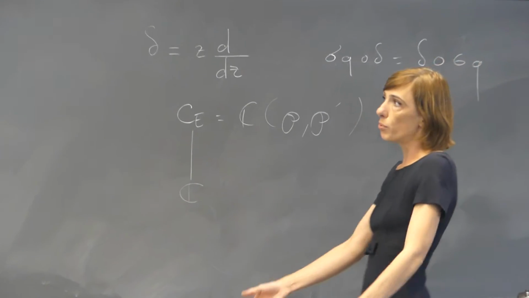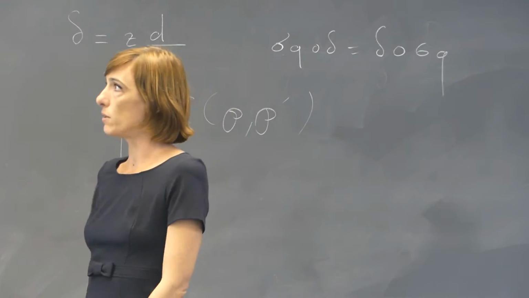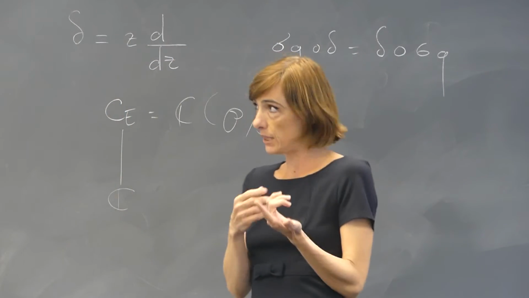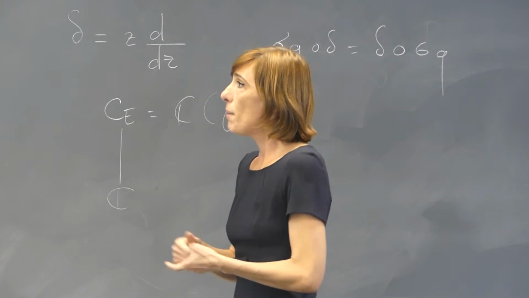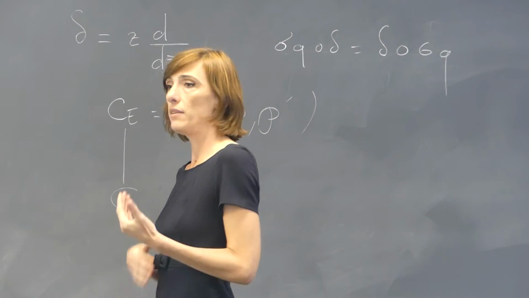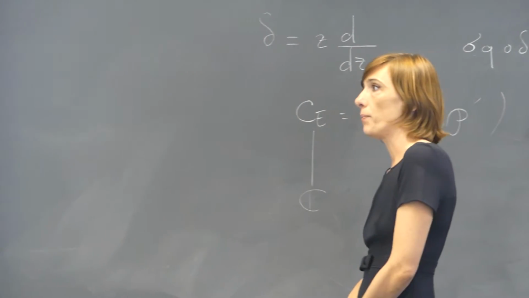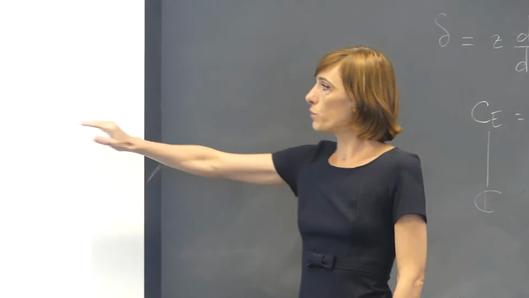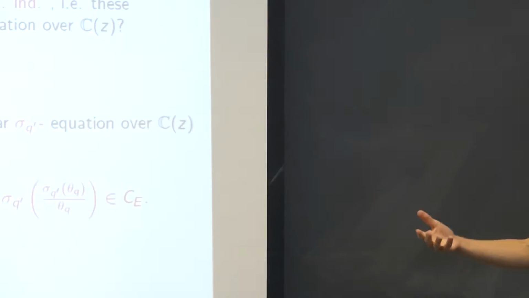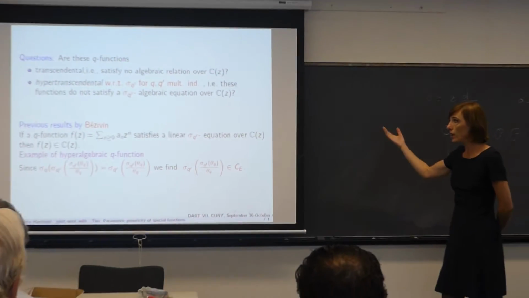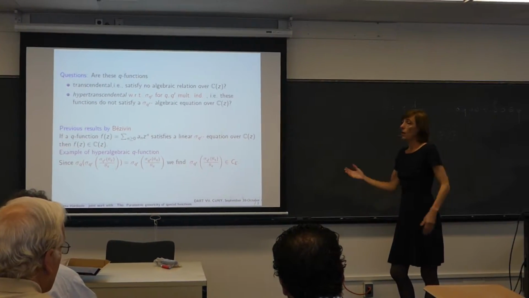So if I take q prime, which is a fixed complex number that I take multiplicatively independent from q, I may wonder if my q function satisfies the sigma q prime relation over CRT. Similar results hold for linear equations. If a q function is a power series and satisfies the linear sigma q prime equation, then it must be